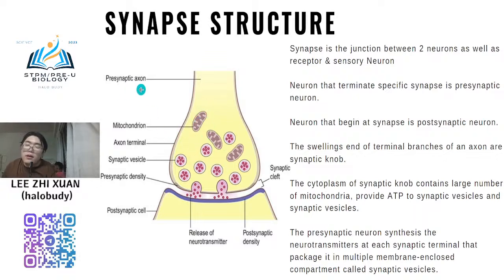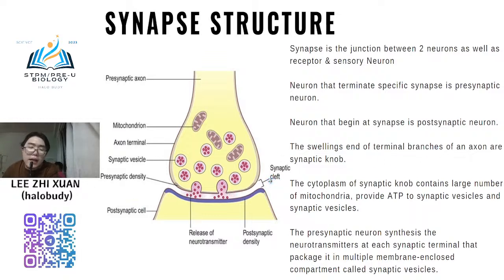Okay, so normally you need to know the structure. The neuron that terminates at the synapse is presynaptic, and the one that begins at the synapse is postsynaptic, and then the swollen end is known as the synaptic knob or synaptic cleft,